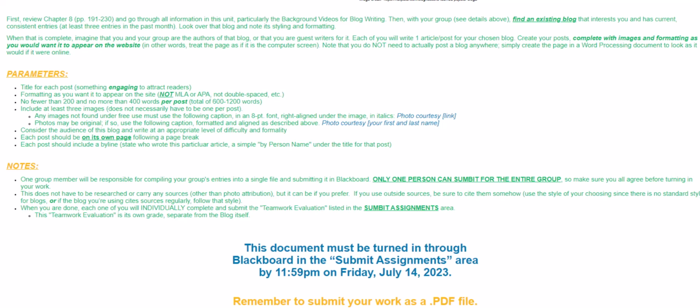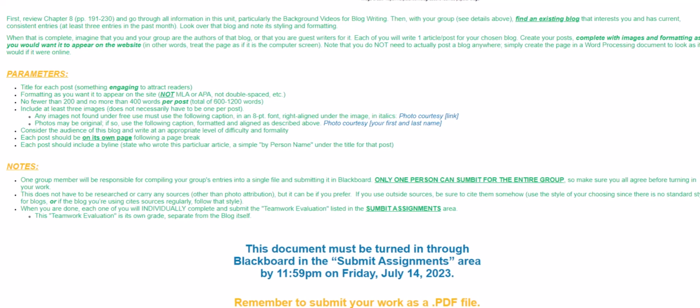When that's complete, you're going to write one article or post for that blog, as if you are its main author or a guest author. When you create it, you're going to create it complete with images and formatting just as you want it to appear on the website. In other words, when I open the page, it should look like I'm looking at a computer screen. You don't have to actually post a blog anywhere, just create everything in a word processing document